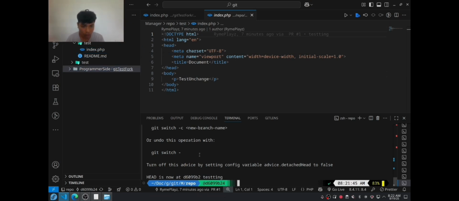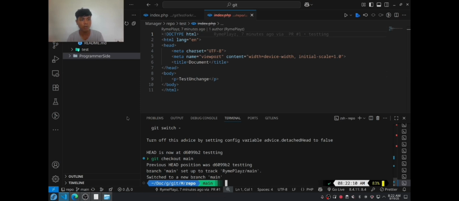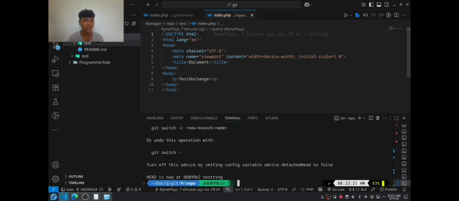And we can git checkout main. Let's just go back to the main. As you can see, it removed the changes, since the idea is to review what the programmer did. So I will check it out.